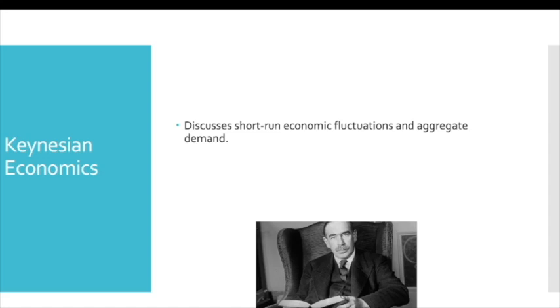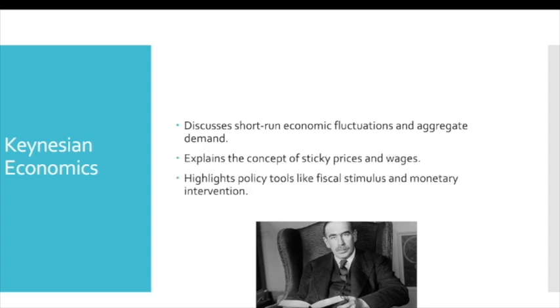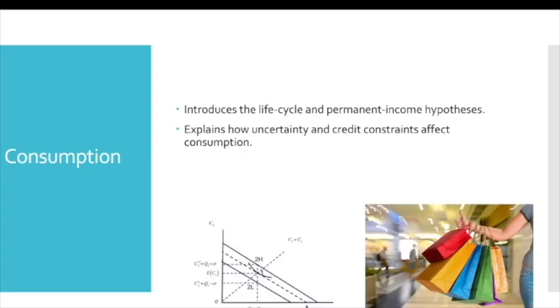So, the opposite of RBC theory is Keynesian economics, and it really focuses on short term economic issues and problems, like unemployment or recessions. Here we learn why prices and wages don't adjust instantly, and how they can create imbalances. Policy wise, this chapter is all about fiscal stimulus and monetary tools to stabilize the economy. It dives into